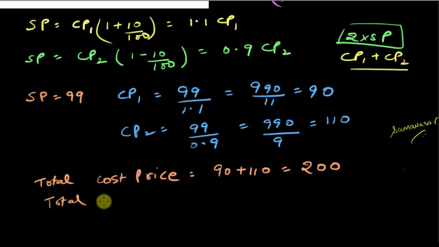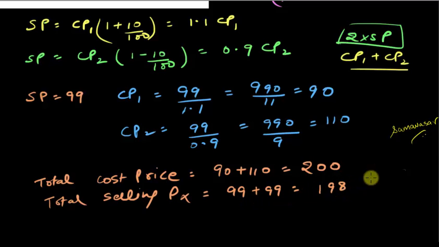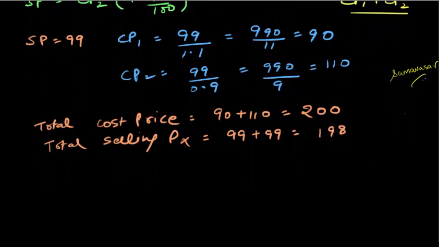The total selling price, that is the total amount he is receiving, is simply 99 for the first goat and 99 for the second goat, that is 2 into 99, which is 198. Now obviously you can see that he is making a loss on the transaction. Now what is the total loss he is making? Loss is equal to 200 minus 198,